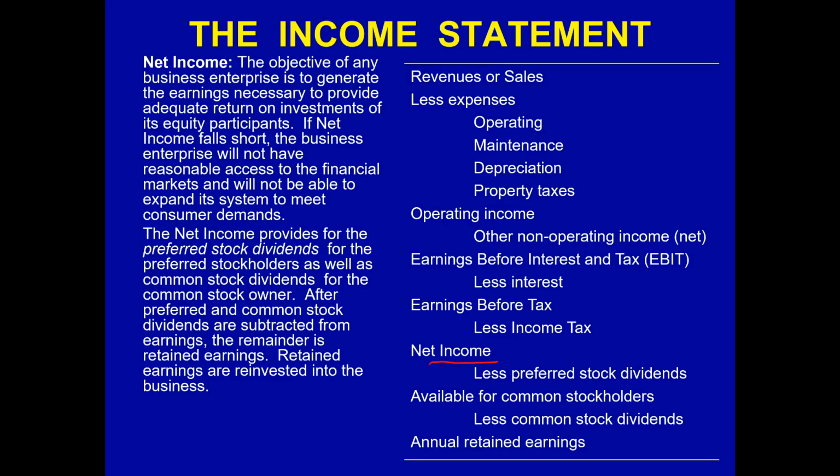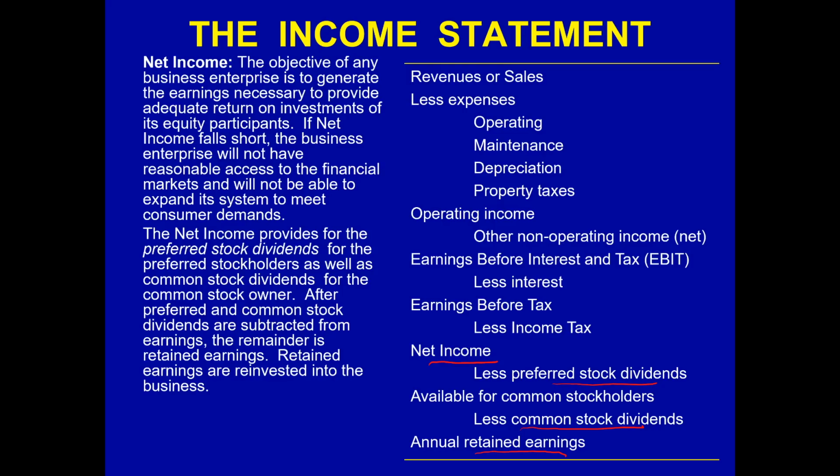First of all, the preferred stock dividends are given, and then the common stock dividends are given, and eventually whatever is left is the retained earnings. And remember that this retained earning goes into the balance sheet. So this is annual retained earnings,